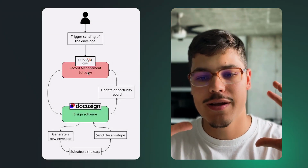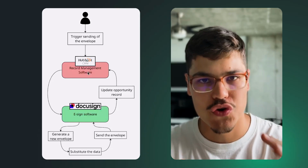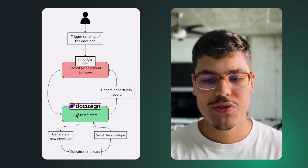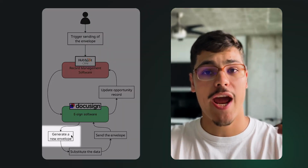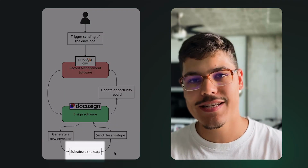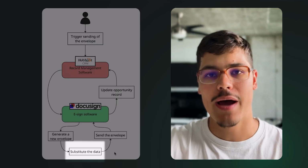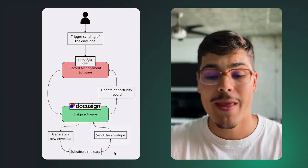And that's going to be sort of like a single source of truth for Warren's team through their whole process. And then the data flows into DocuSign. It generates a new envelope. It substitutes the data that they have for their clients inside HubSpot in the DocuSign envelope, and it sends the